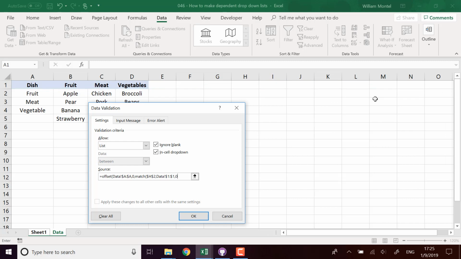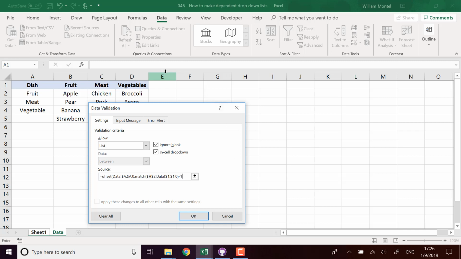Third parameter of match is 0 because we want an exact match, so it's going to return the position of the value. So the function match here is going to return 3 because meat is in the third position. And now I want to compute from this value 3 how many columns I have to offset, and it's here actually only 2 because here I'm already on the first column. So to go to 3 I have to offset of 2 columns, so I'm going to take